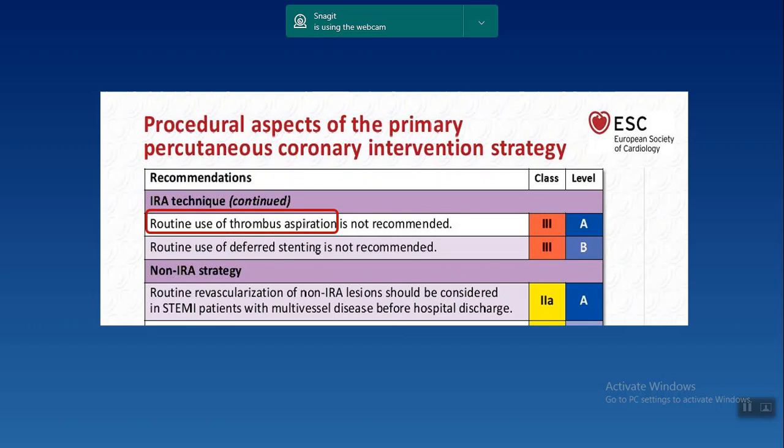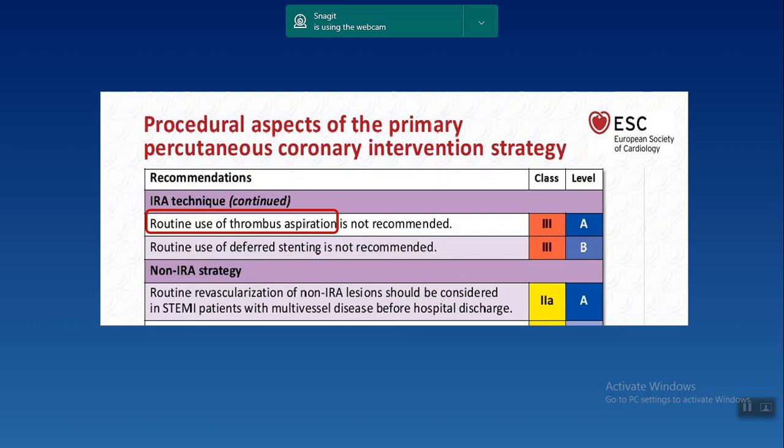It's not recommended to use thrombus aspiration as a routine in STEMI. Sometimes we use devices called thrombus aspiration catheters to aspirate the thrombus from the arteries, but all the trials that have evaluated the role of the thrombus aspiration catheters failed to show any mortality or morbidity benefit of these devices. However, sometimes it's a useful tool in the cath lab during primary PCI, but the routine use of these devices